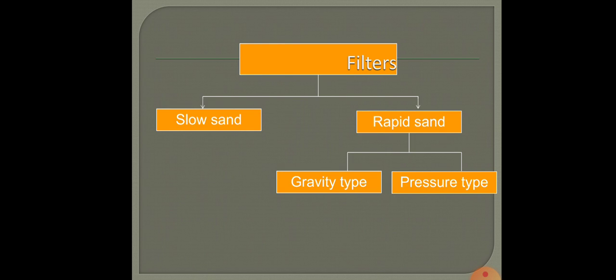Now, coming to the rapid sand filter. In this case, there is no such layer formed at the top. The surface straining mat called the schmutzdecke is absent. Also, here the straining action proceeds throughout the depth of the filter. So whatever depth of filter media is there, throughout the depth, this process of filtration occurs in the case of a rapid sand filter.